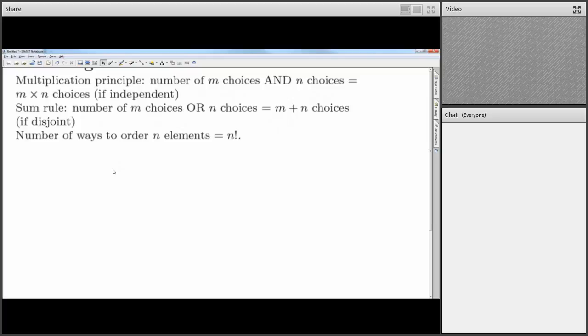The subject's broken up into five sections. The first section was looking at sets and logic and proof, and that was the first assignment. The next section we're doing is looking at counting, essentially, and the related concept of probability. Counting corresponds to both counting with different bases and counting in the sense of combinatorics. Combinatorics is just a fancy way of saying counting the number of different objects we might consider.